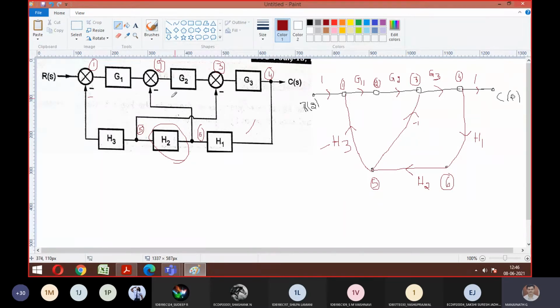Okay, again from 6 to 2 connection is there. So there is a jump. You can see jump is there, means there should not be any connection between this and this. So you can give a jump and connect like this. So this is also having value -1. So all these act like a feedback path. Good. So we have finished the connections for 5, 6.